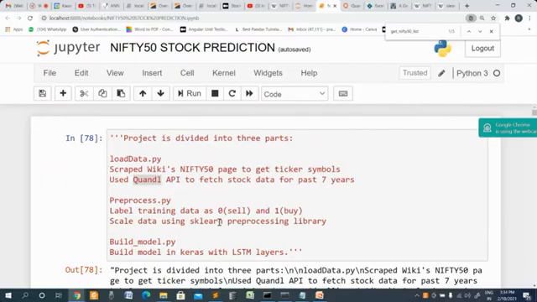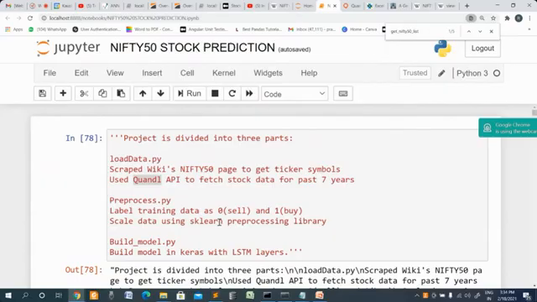The second part is, once we have the tickers, I want to get the price of the stock over a period. It all depends on what kind of analysis you want to make and how much historical data you are going to use.